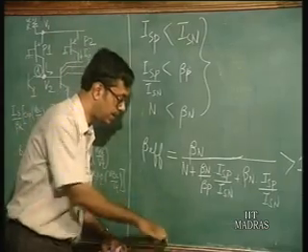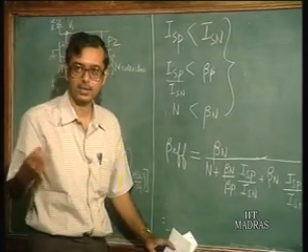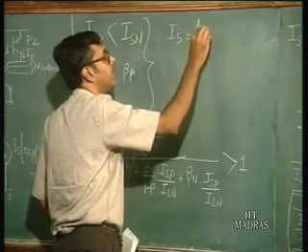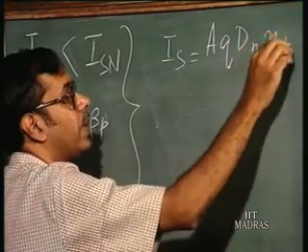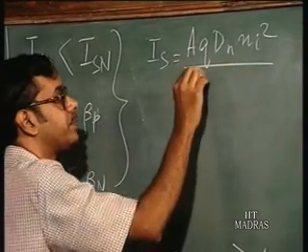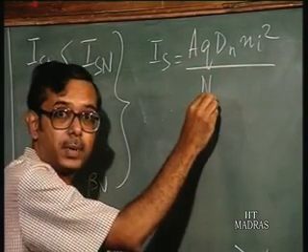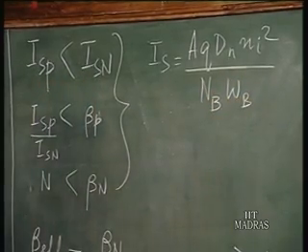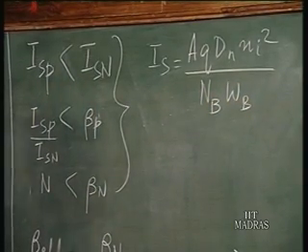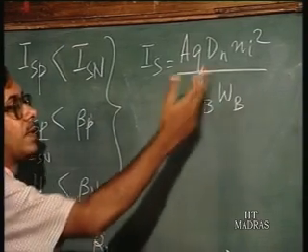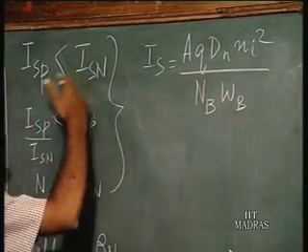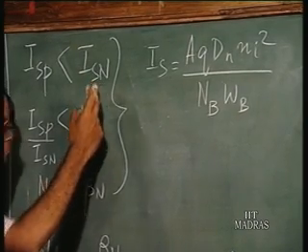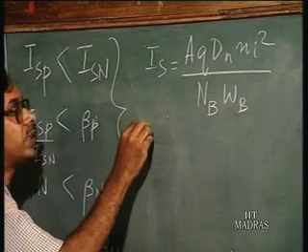Okay. Now, what is the expression for IS or the saturation current? IS in a transistor is given by, if you remember, A Q dN Ni squared by NB, that is the base doping, into WB. Okay. So, if you look at it, ISP must be less than ISN. Okay. So, what you have to do is you have to ensure that, well, dN